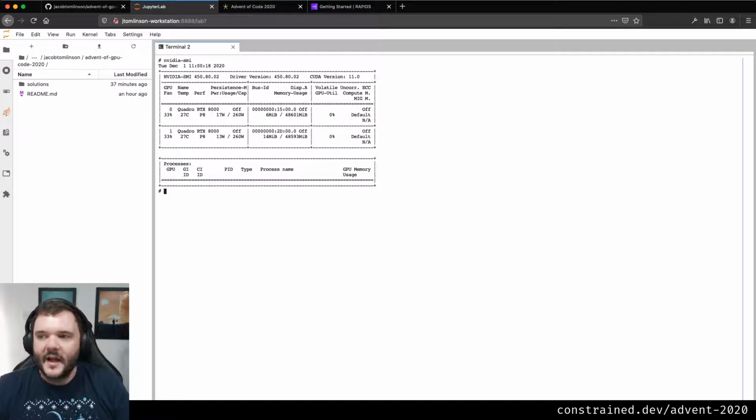But I think your CUDA version, the CUDA version that you use in the Docker image, has to be at least higher than what you have installed on the machine. But I think it's probably best to just match whatever you have on your machine. If you run NVIDIA SMI, then match it, basically. Let's clear that out.